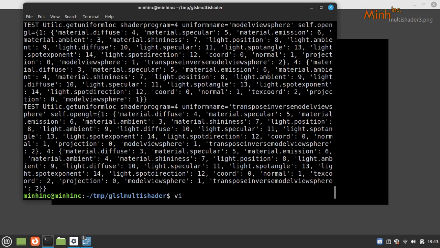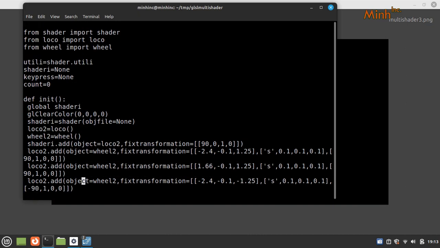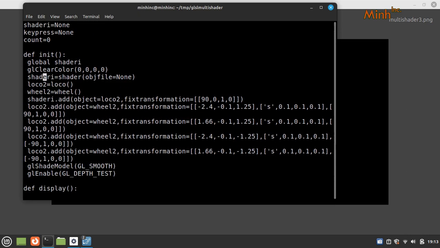So this is not some kind of enigma that we are typing in. Shader is a program that manages various shaders, and loco and wheel are derived from shader. Everyone maintains a vertex shader and a fragment shader, and then we have a guy called shader I, which is a container shader and has no object file. This loco and wheel, if I see their constructors,